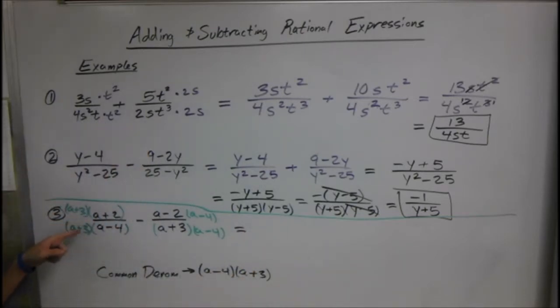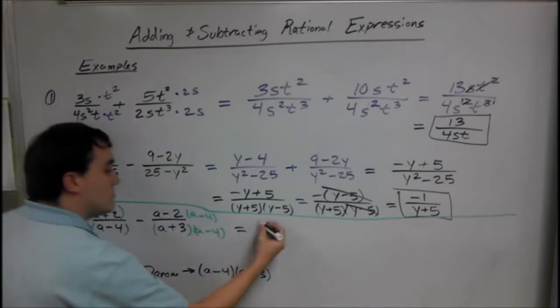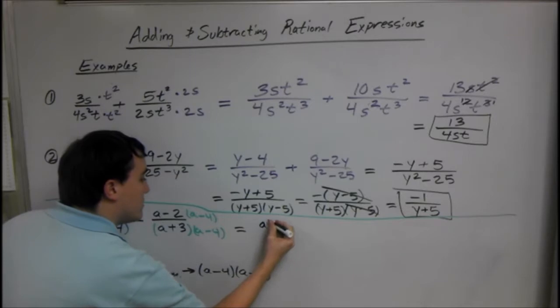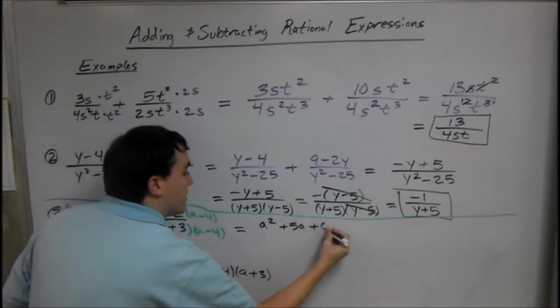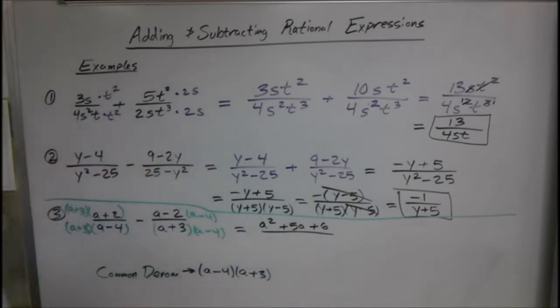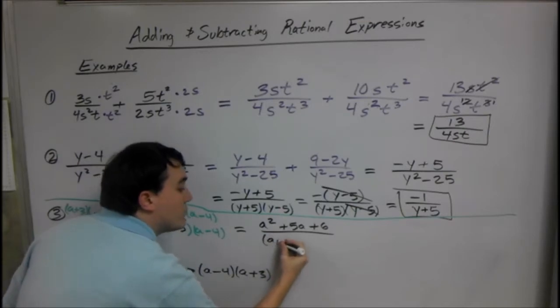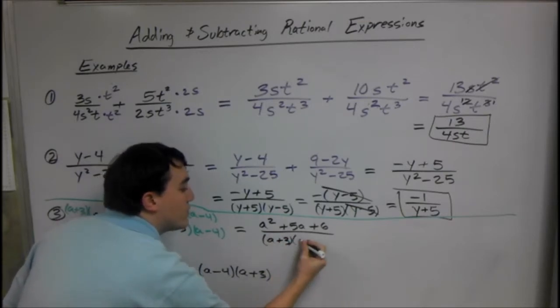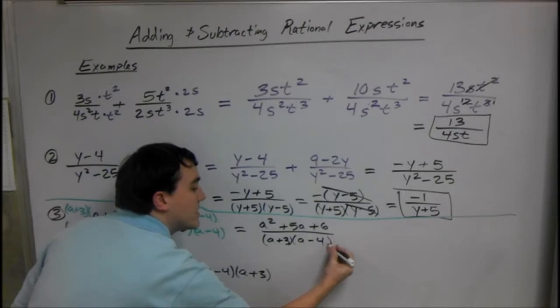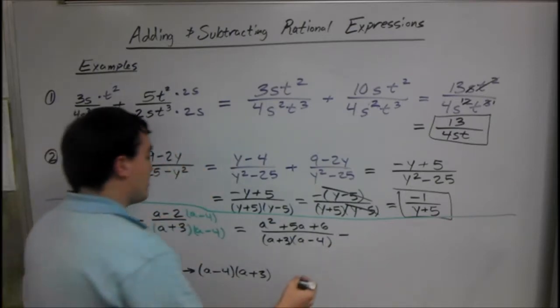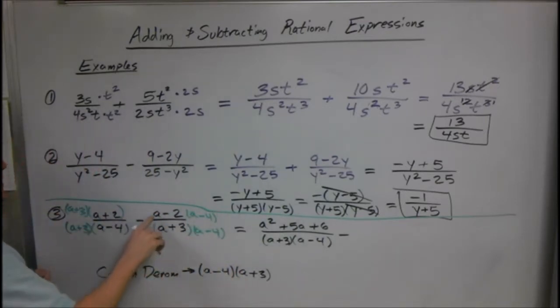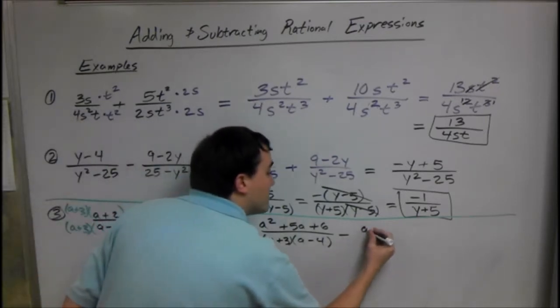I'm going to shorthand this a little bit, so I'm going to FOIL. We FOIL a plus 3 times a plus 2. That gives us a squared plus 5a plus 6 over our common denominator, a plus 3, a minus 4. Don't FOIL the bottoms. Never FOIL the bottoms because you might be able to cancel something in the end. Minus a minus 2 times a minus 4. The top FOILs into a squared minus 6a